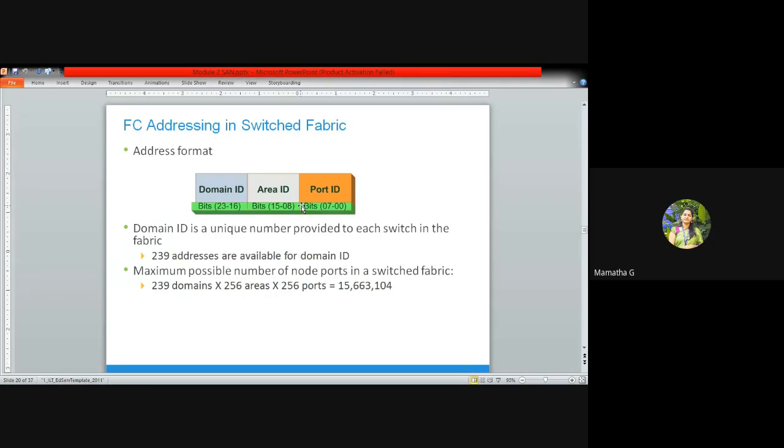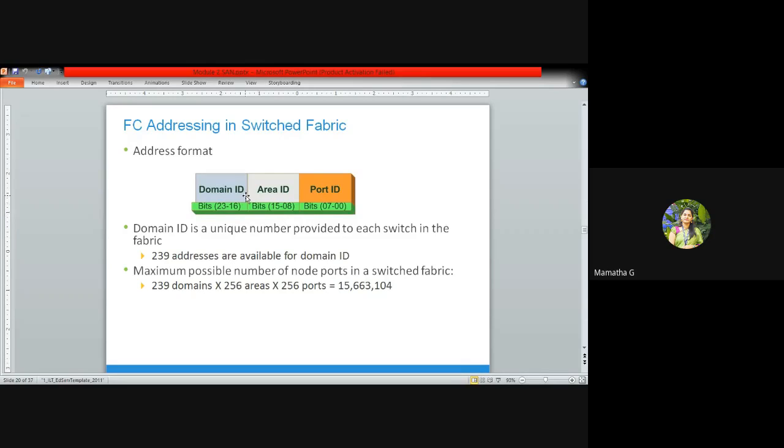Here we have 24-bit length addressing, which is divided into domain ID, area ID, and port ID, where the first 8 bits is your port ID, from 8 to 15 is your area ID, and from 16 to 23 is your domain ID. Each and every ID has its own functionality. This is the generalized addressing mode of your fiber channel.